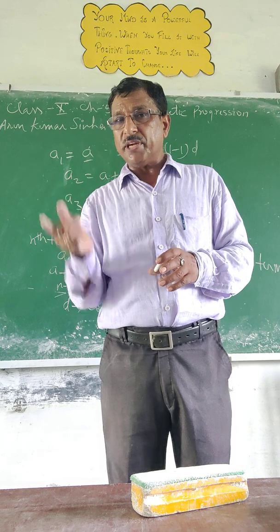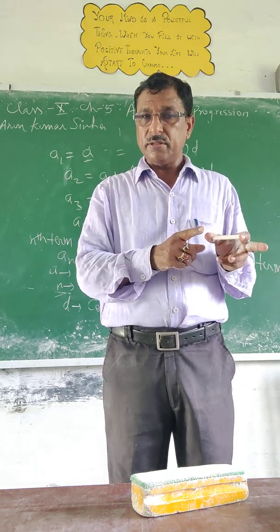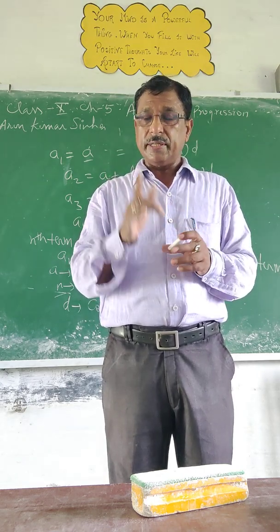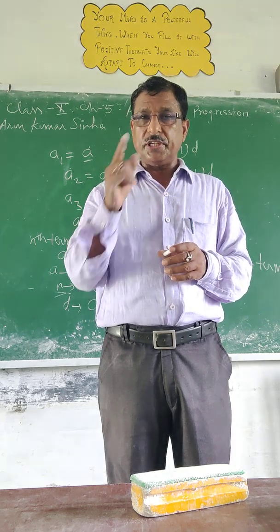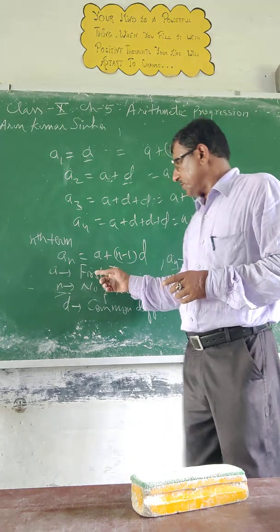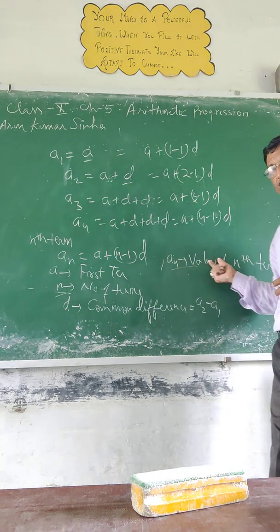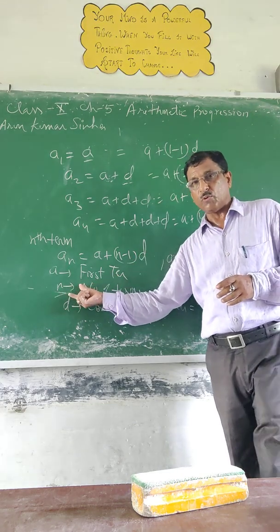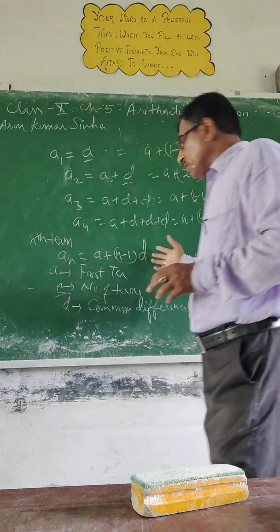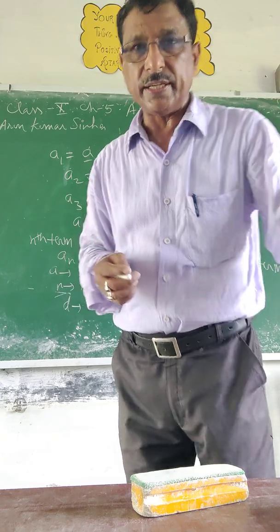If I say roll number 16, who is roll number 16? What is the value of roll number 16? Then Sunil will say Sunil. Okay, that means the value of 16th term, then A 16th is Sunil. Similar way, 16th term represent its value. So it's represented by AN. And number of terms you can see at this moment 16. I hope you have understood this thing, children. So nth term we have understood. So we will do one question so that we can understand this topic also.